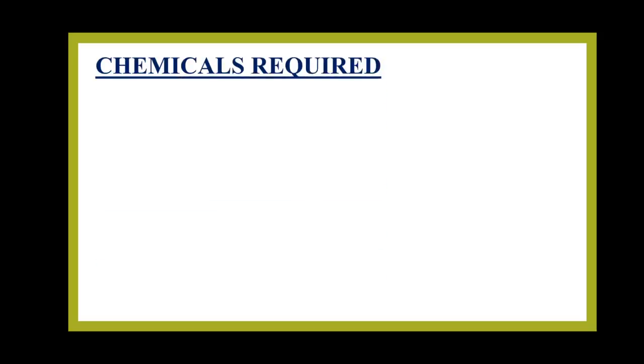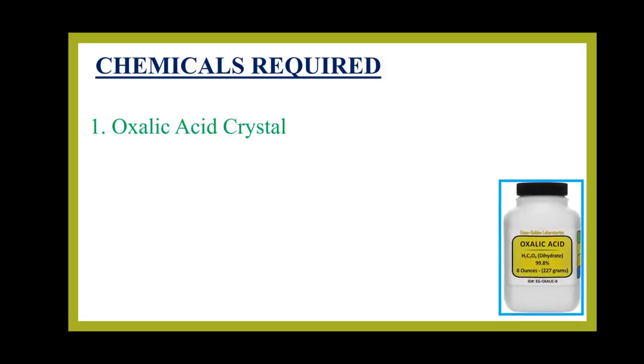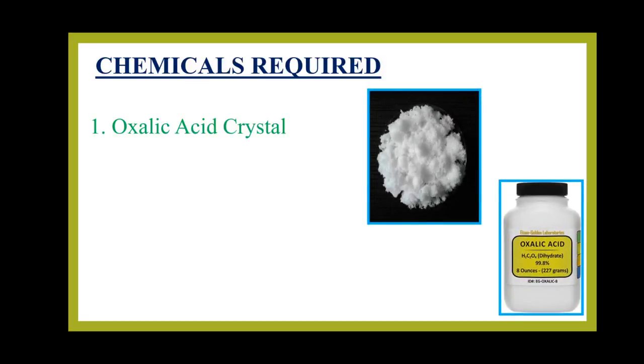Then the chemicals which are required. The first one is oxalic acid, because you have to prepare a standard solution of oxalic acid, so oxalic acid is necessary, right? This is oxalic acid. Oxalic acid is a white crystalline solid. And for the making of solution, you want a solvent, and distilled water is our solvent. So two chemicals are required. First, your salt, and second, distilled water. Means the salt will change according to your solution, but distilled water remains the same, right?